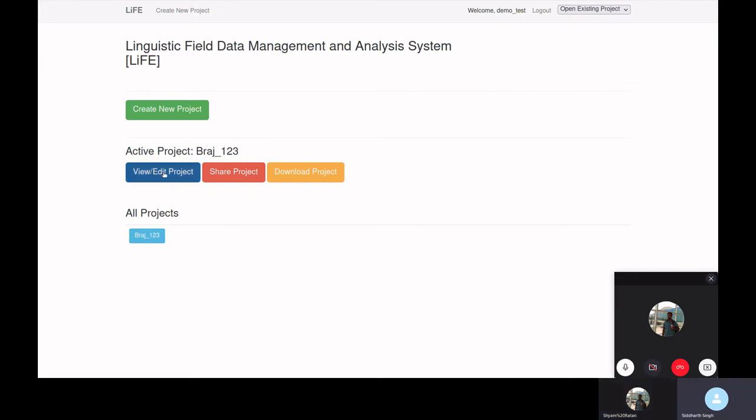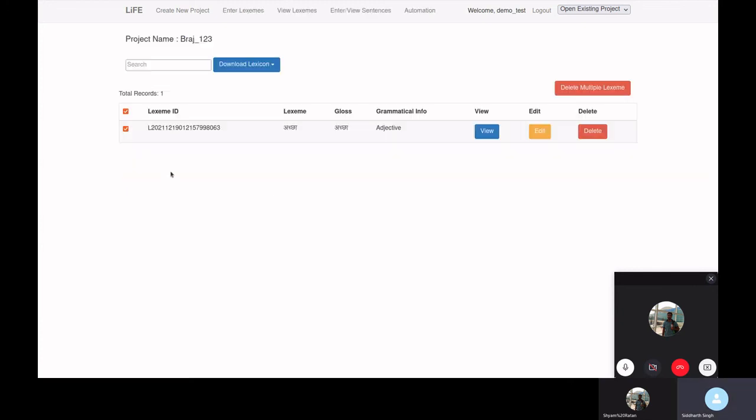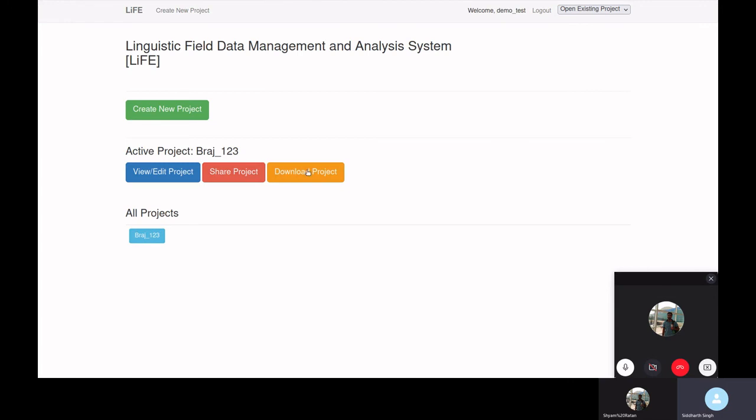These three buttons again will take you to different web pages which give access to different information regarding the project. This one is going to take you to the view lexeme interface, and there are two additional buttons which will be